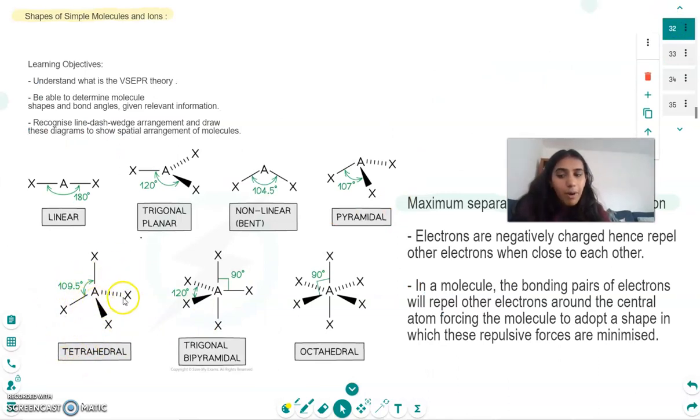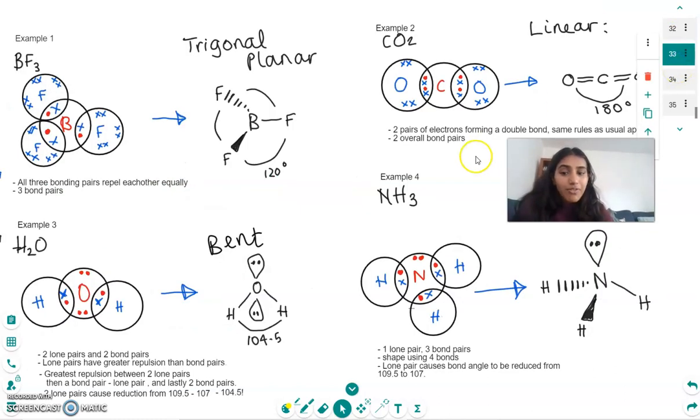Tetrahedral, aren't we? But in reality, we've got 2 actual bond pairs, so we take away these 2 x's, we're left with bent. And knowing the fact that there's 2 lone pairs, we know that we're going to have to do minus 2.5 and then minus 2.5 again from the normal bond angle of 109.5. So there's a reduction from 109.5 to 107, then 104.5 to form a bent 104.5 degree H-O-H bond